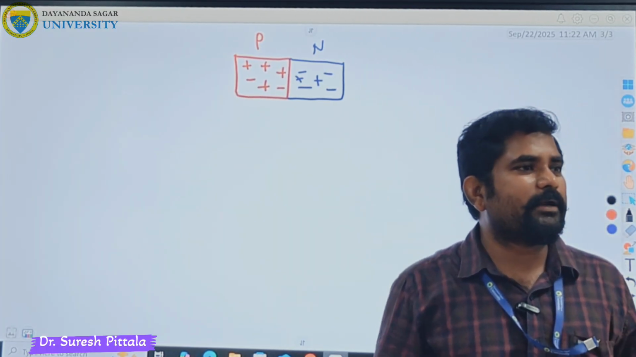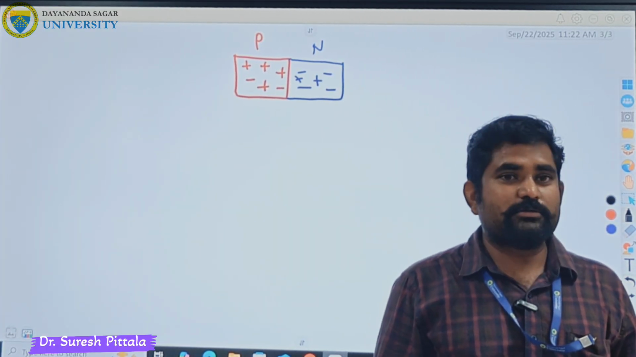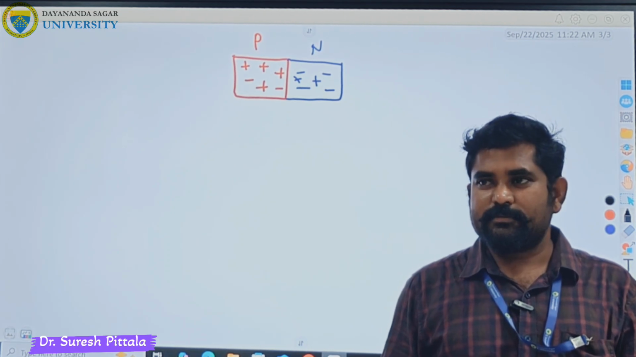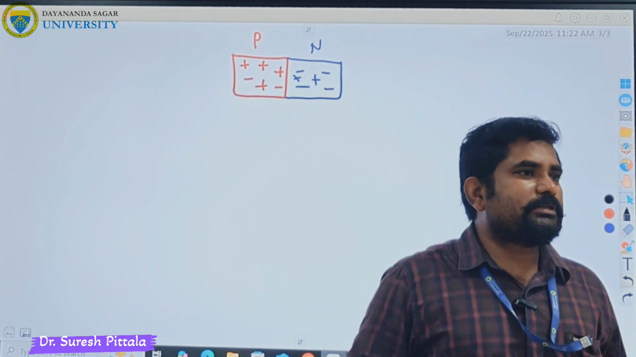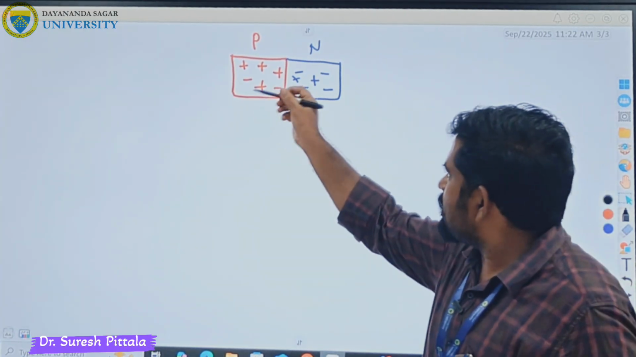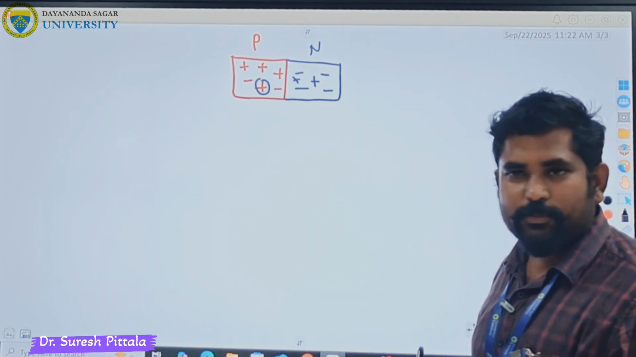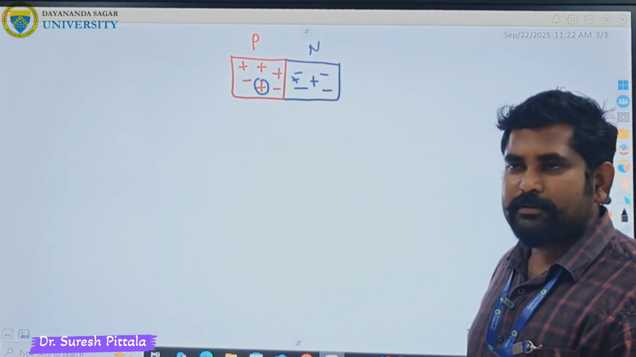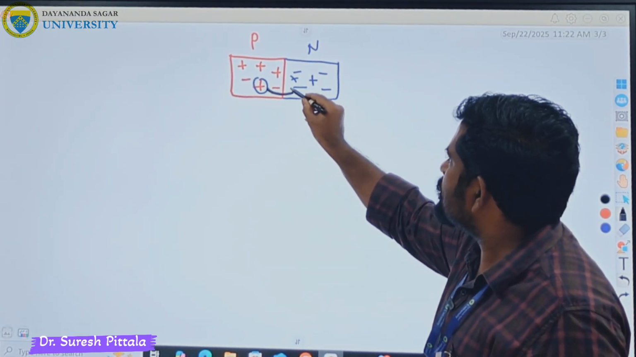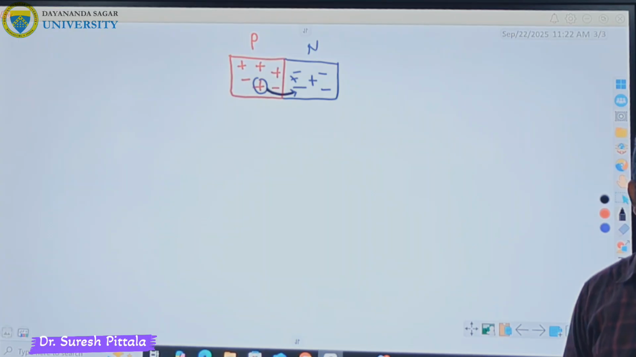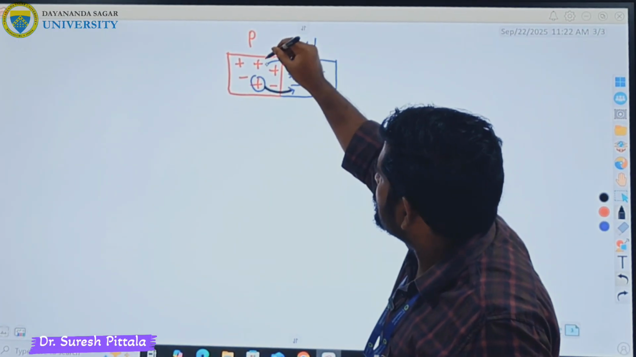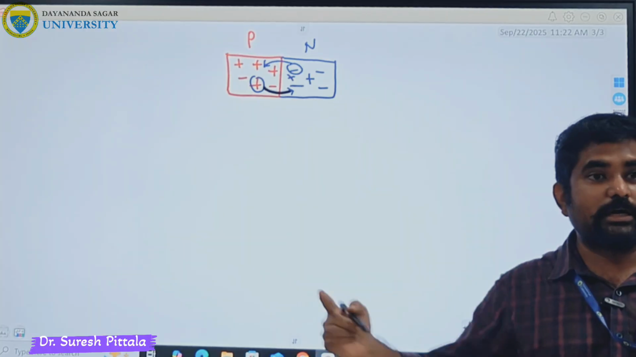Coulomb forces will suddenly come into action. So positive charge is positive as well as the negative, but it attracts towards negative charge. Similarly, negative charge is the positive charge ions and it attracts towards negative. So take one example: the positive charge wants to go to the other side because there is a negative charge. Similarly, from this side, the negative charge wants to go and meet the positive charge in the other region, P